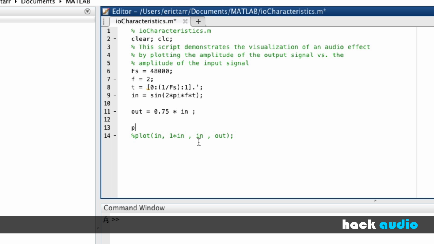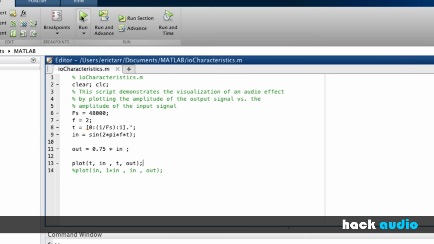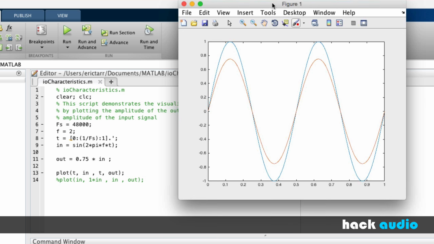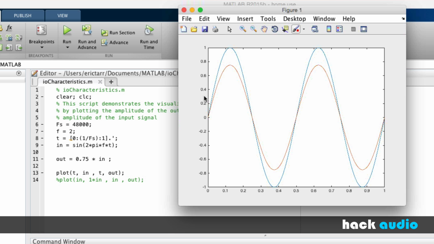So if I plot t compared to our input signal and t compared to our output signal, I'm going to compare the waveforms here of input to output. Run this script and look at the result. So here what we're looking at is the amplitude over time. We've got a 1 second long signal, but we can have some intuition then about, okay, when our blue signal here, our input signal,